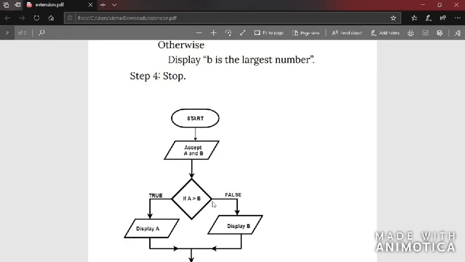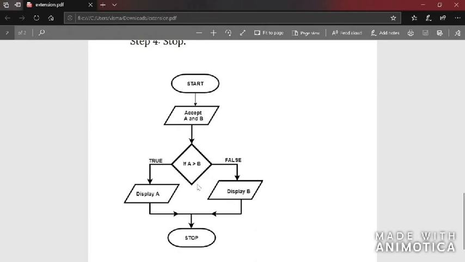So if A greater than B, you can even write it as if B greater than A. It's totally up to you. So if A greater than B, from here it's going true. In such condition boxes there will be two possibilities. Either the condition can be true, or the condition can be false. So here, true, false. It's not necessary that these lines have to come from these two sides. Either it can be from here or from here, or as shown in the figure. It's totally up to you.